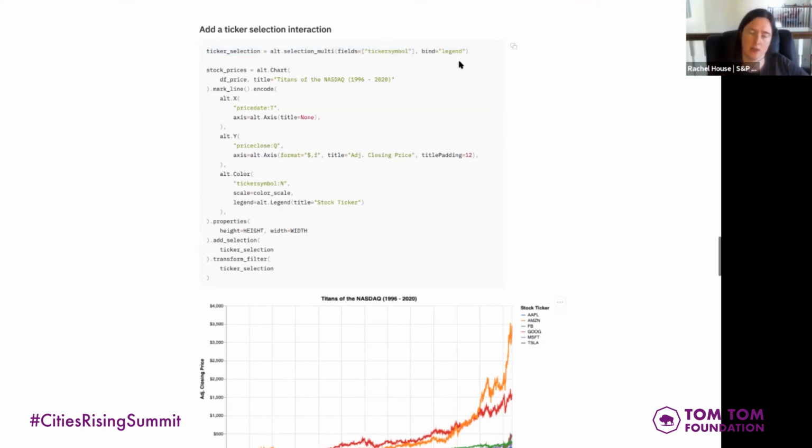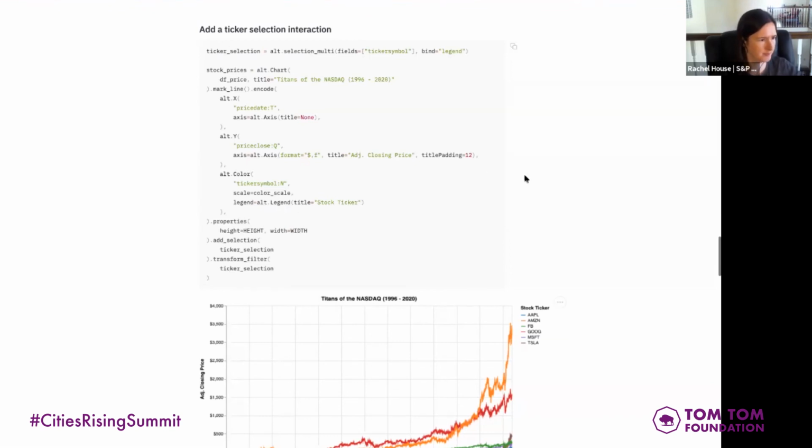And once we've defined this interaction, we want to enable it on the chart and use our selection to filter the data that's displayed. To do this, all we have to do is add a dot selection onto our chart object, which enables that selection on the chart, as well as a dot transform filter, which is going to take the selection and then transform the chart data according to what you selected and filter it appropriately. So minus the white spacing and new lines here, for visual code display effect, we're really only looking at about 3 lines of code to define this interaction, with a very straightforward way of defining how that interaction